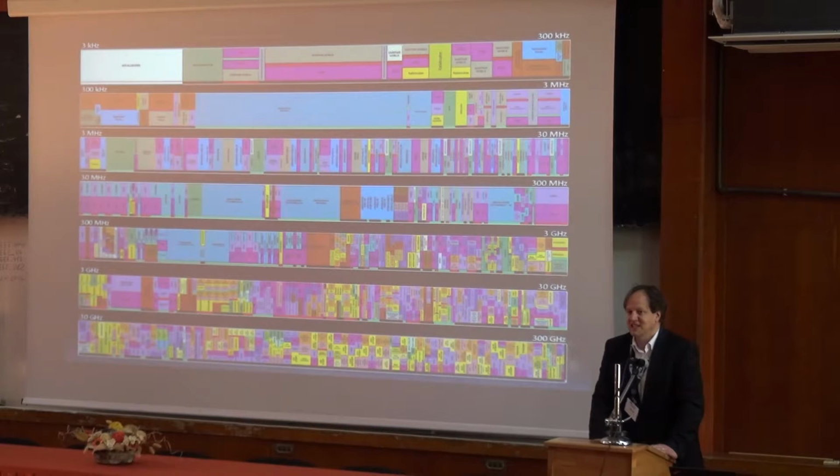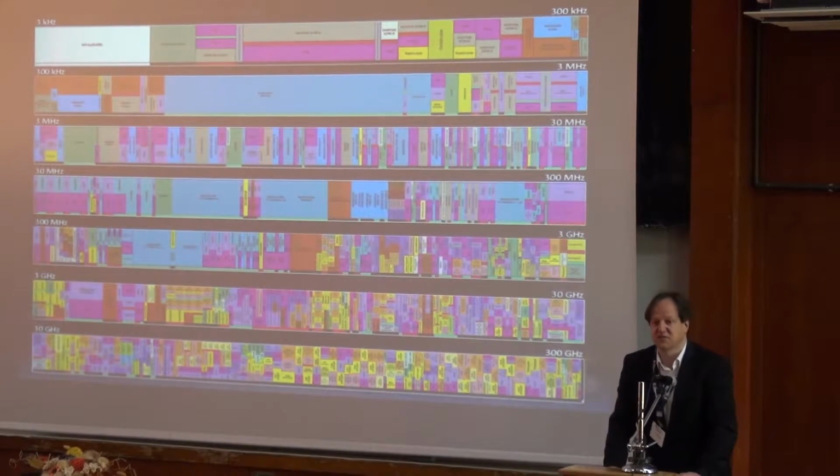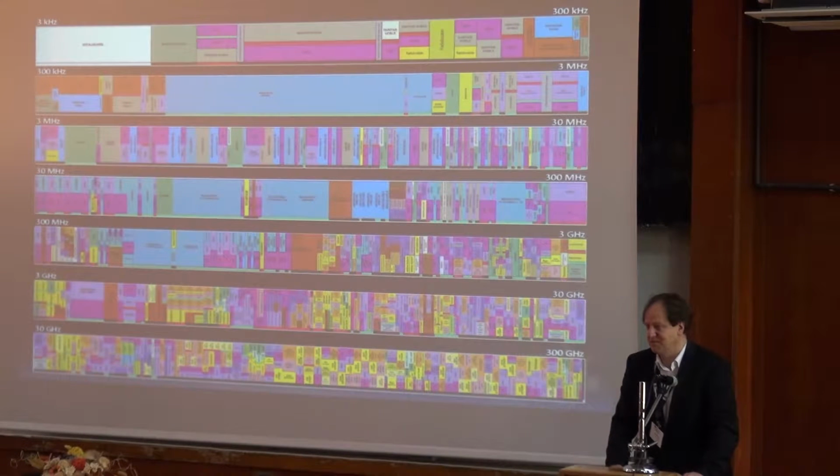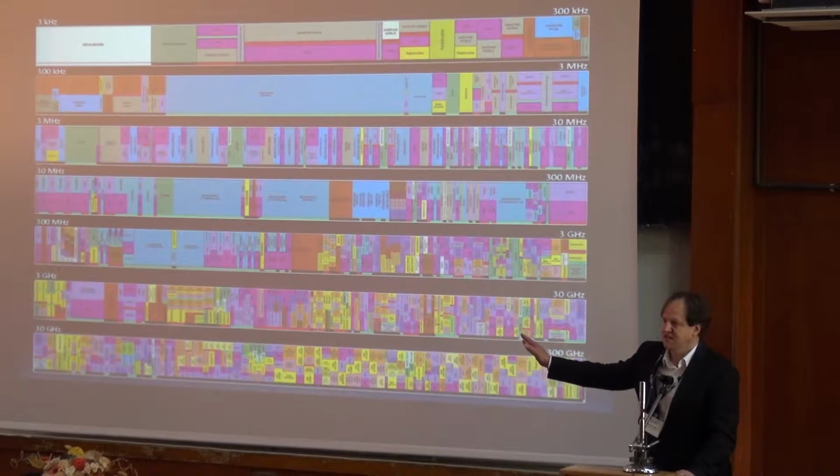This is the radio frequency spectrum map of the United States from 3 kilohertz to 300 gigahertz. So it covers the entire radio spectrum. And you know that wireless communication systems typically operate, for GSM, in the 1 gigahertz region. Then we have Wi-Fi at 2.4 and 5 gigahertz.